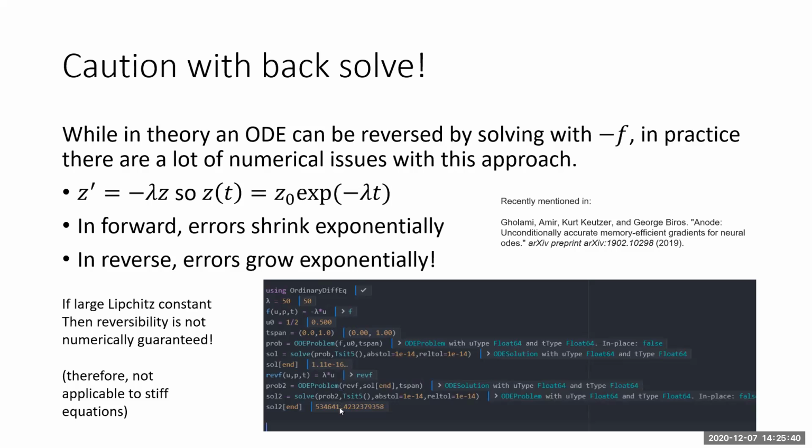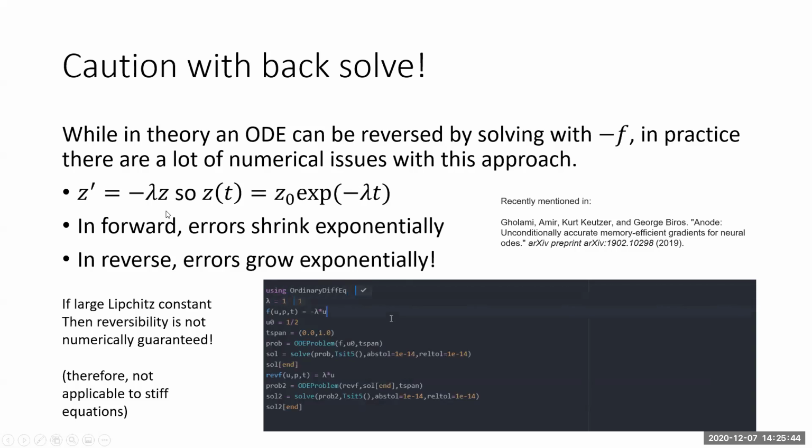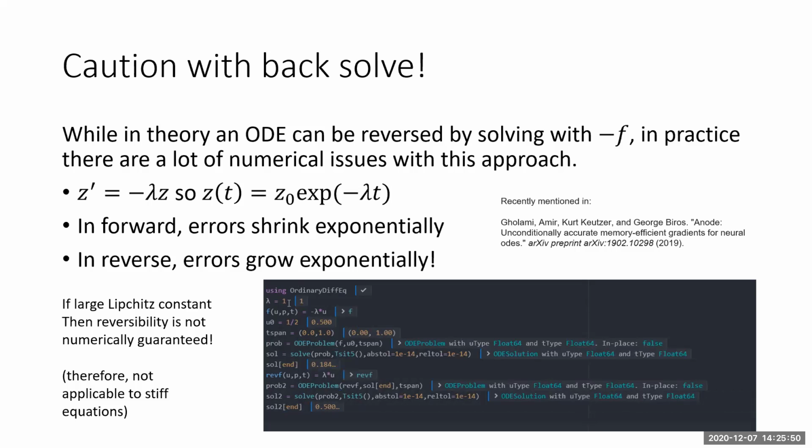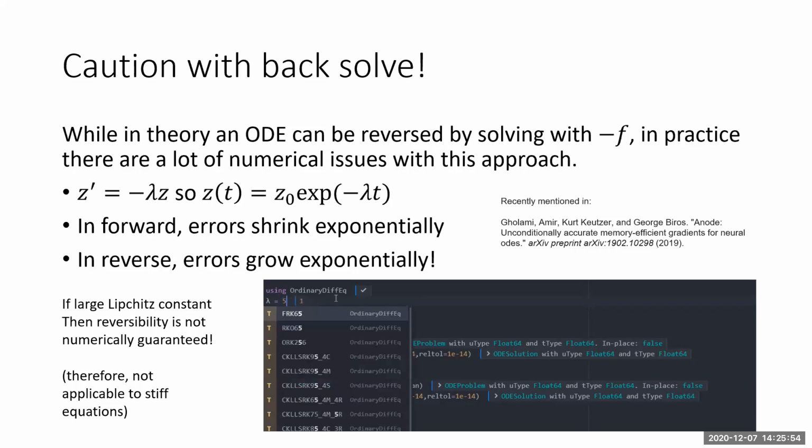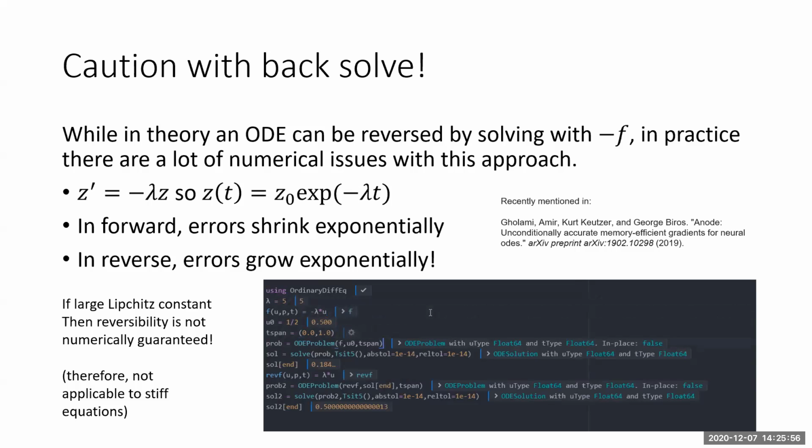So what's going on here is that when you are solving an ODE that is exponentially decreasing forwards, then you're solving an ODE that is exponentially increasing in reverse, and so you have your errors compounding as it grows, and this is something that's known to be numerically unstable. Right, so this is one of these issues that can happen if you choose the wrong adjoint method. It might be stable in the way that you're actually doing the computation, but unstable in the way that is